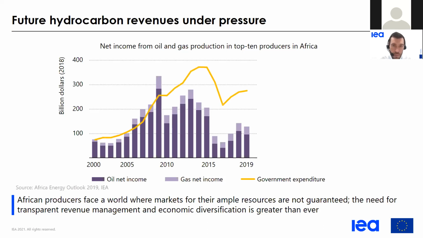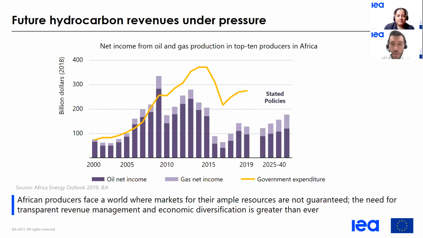But what can be very problematic for governments is that when you look at government public expenditure, when there are rising revenues, government expenditure increases as well. But in periods where revenue decreases, it's way harder to drop some expenditure for public goods and for more general government expenditure. So there is really a need to carefully manage the resources from oil and gas and to use them carefully in the national public budget, especially when we look at the future.